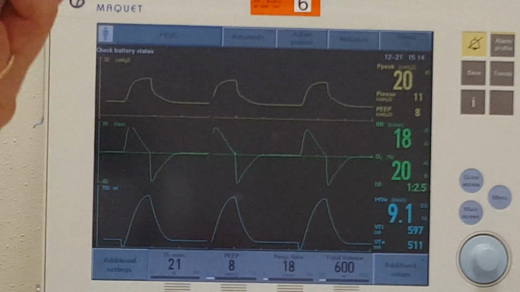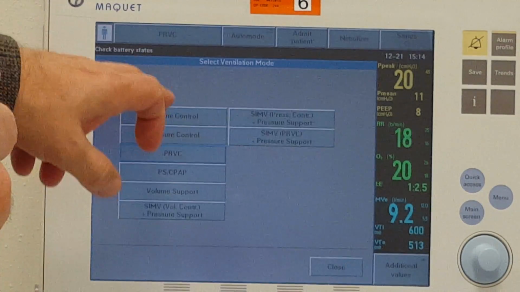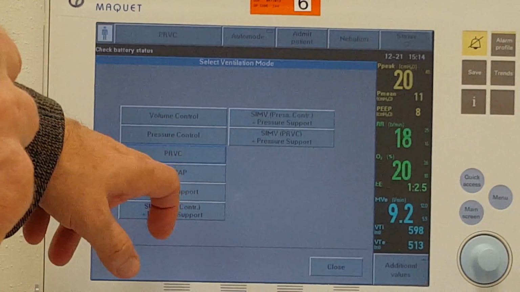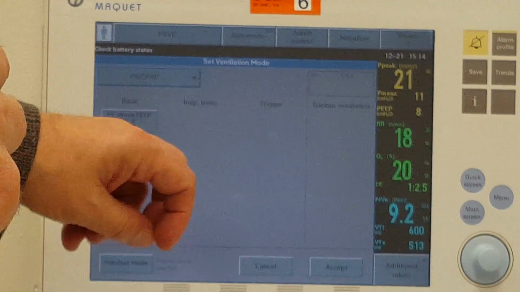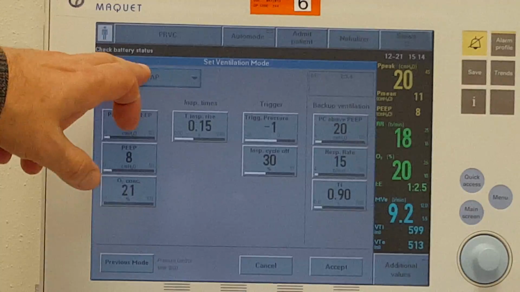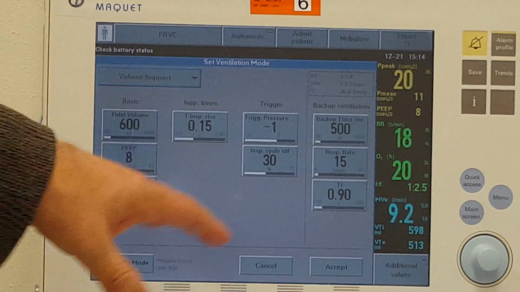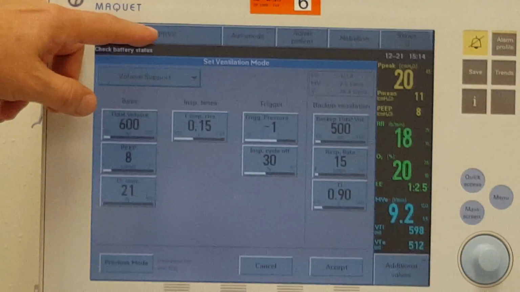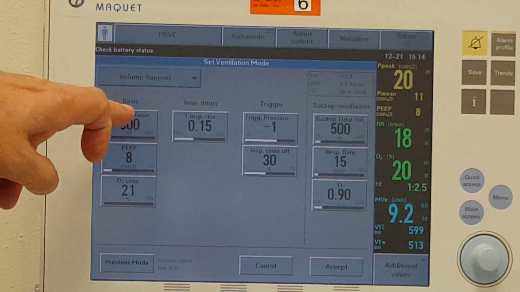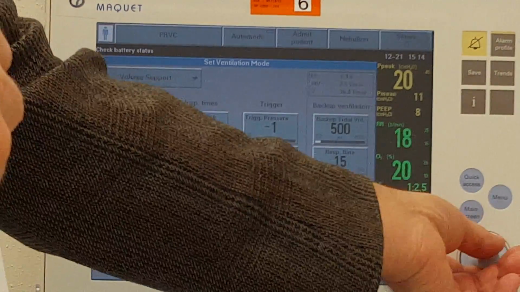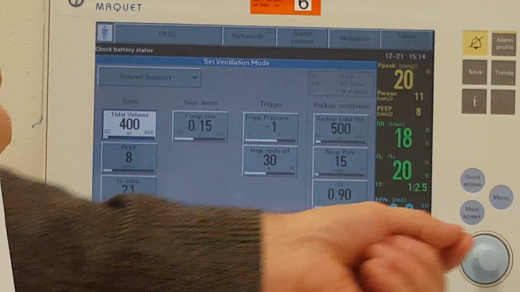So note our next request is to change this to volume support. While we are making this change, the ventilator will keep, oops, I put it in the wrong mode, there we go. I keep hitting above it, there we go, volume support. So while we're making the settings to change any mode, notice we continue on in PRVC or whatever the most recent mode was. So our first thing in volume support is to reduce this volume target on another dual